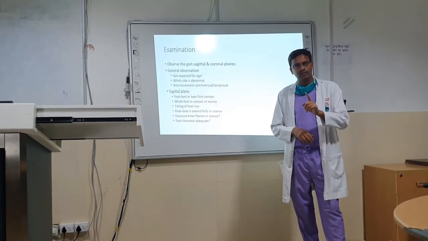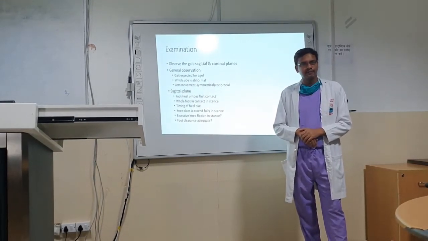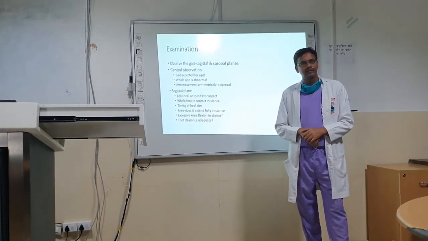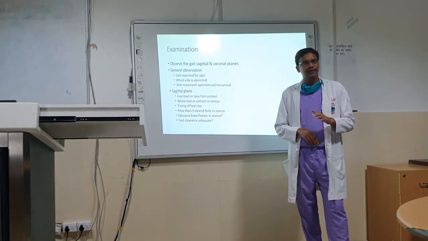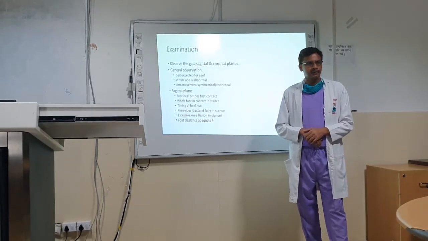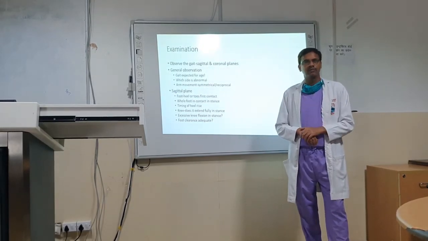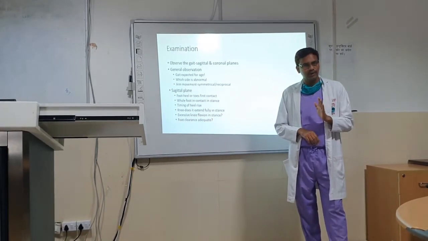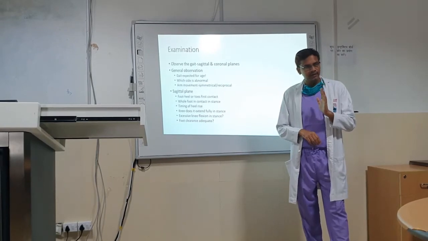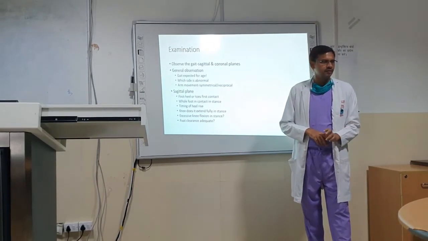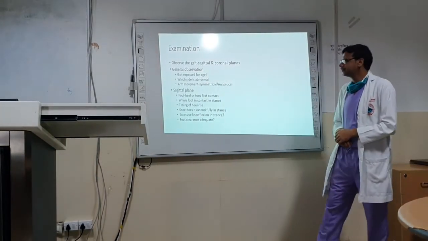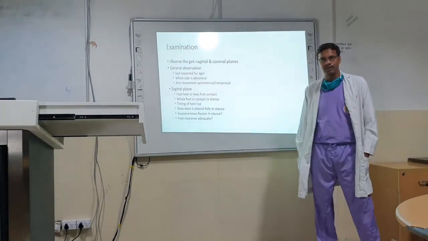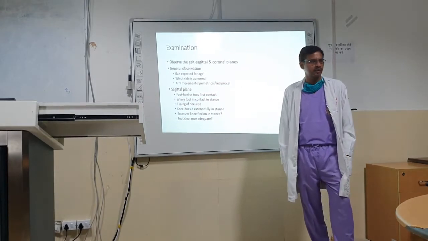The fourth thing you have to notice is that usually when we walk, there is symmetrical and reciprocal movement of the upper limbs. Symmetrical and reciprocal. But in a child it is not there. So you have to observe that the gait is appropriate for that particular age. This is the first prerequisite. Then you have to observe which side is abnormal: left side or right side, or both sides.